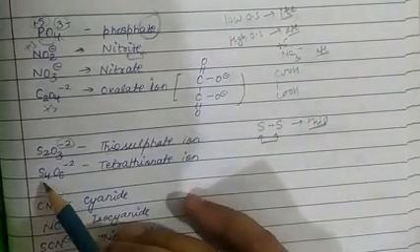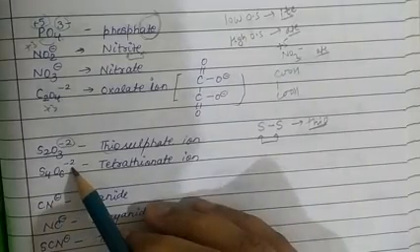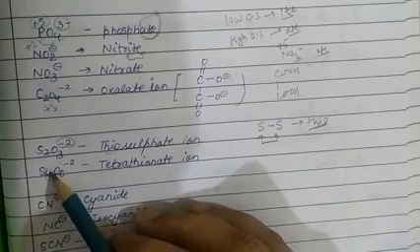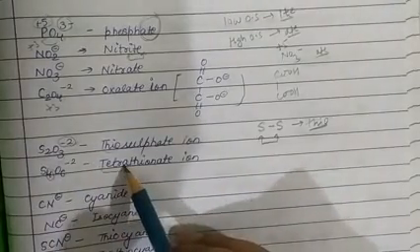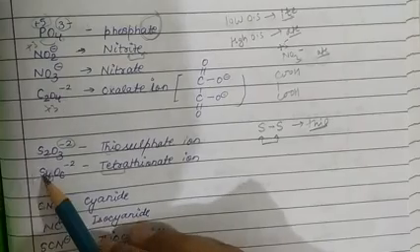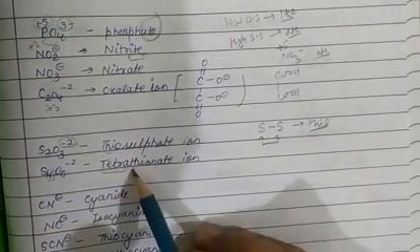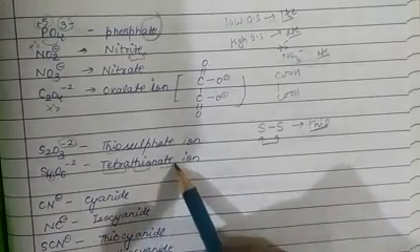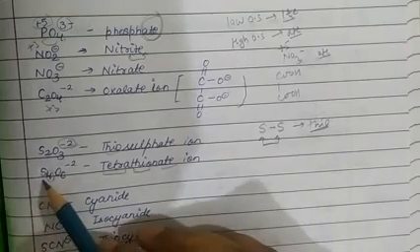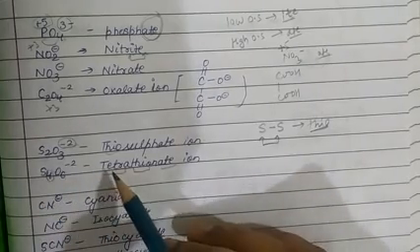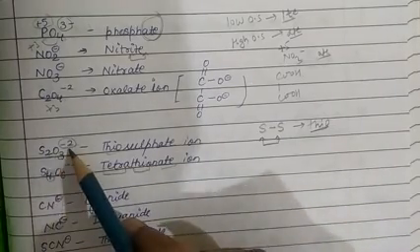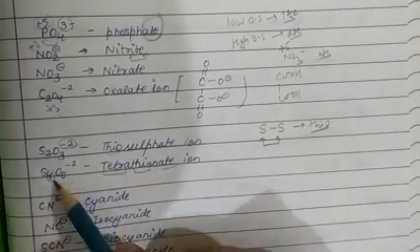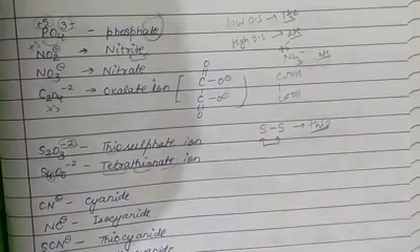See the next case, S4O6 2 negative. As 4 sulfur atoms are present, so we call it tetra. Again 4 sulfur atoms and again sulfur linkage, we call tetrathio, and high oxidation state will call -ate. So sodium, basically 4 sodium atoms will call tetra, sulfur linkage thio, so this is tetrathionate ion. So S2O3 2 negative is thiosulfate ion, and S4O6 2 negative is tetrathionate ion.